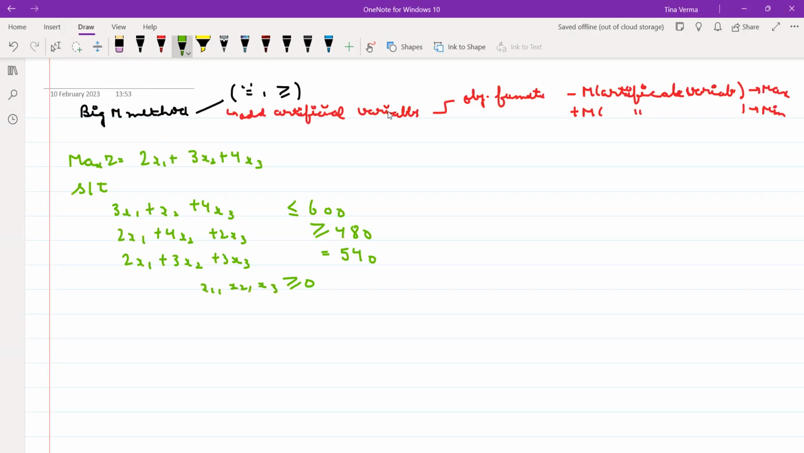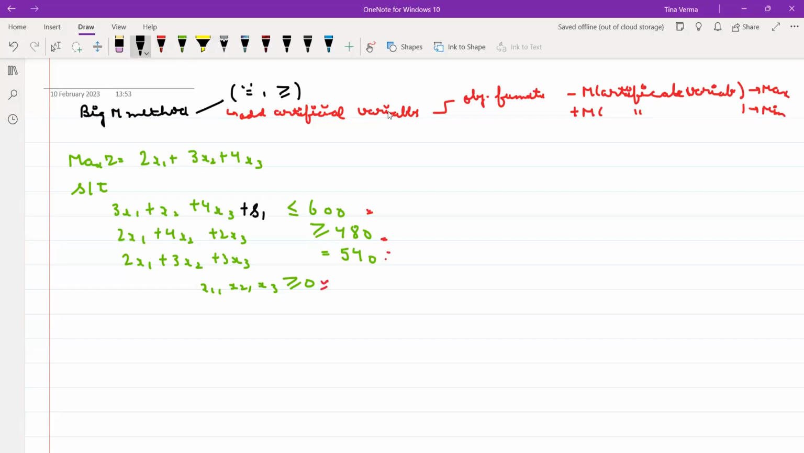You cannot yet apply your simplex method over here. Why? Because all the inequalities are not of less than type. So you have to convert it into the standard form. In the standard form, the first criterion is satisfied: all my variables are greater than equal to 0. My right hand side is positive. The last task is that I add